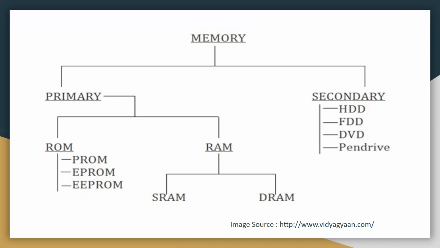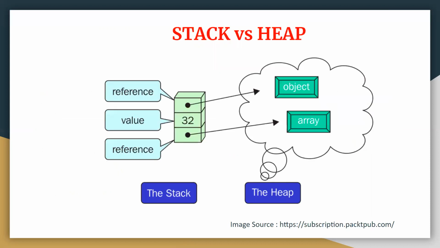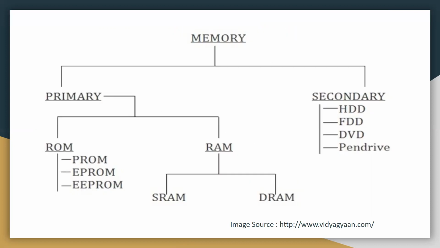So here you can only perform read operation, you cannot perform the write operation. So in this type of memory, this is non-volatile in nature. It is cheaper than your RAMs. And mostly it doesn't require any kind of refreshing. So there are 3 types: PROM, that is programmable read-only memory; EPROM, that is erasable programmable read-only memory; EEPROM, that is electrically erasable programmable read-only memory.